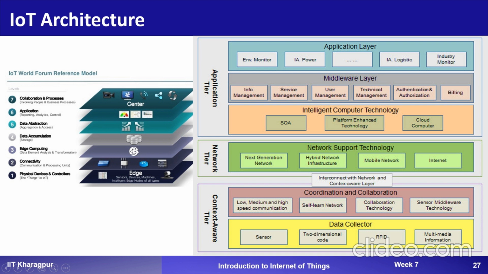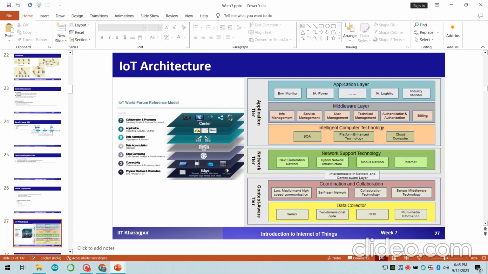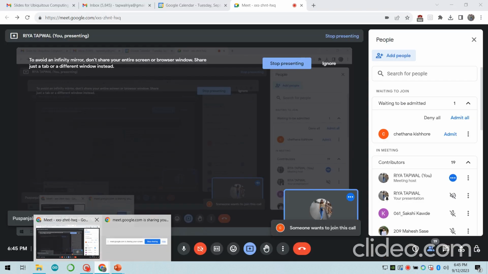The other kind of architecture is this one. According to this architecture, there are mainly 3 tiers. The first one is your context aware tier, then the second is your network tier, and the third one is your application tier. Inside your context aware tier, there is your data collector, that is your IoT devices, and your coordination and collaboration take place. Collaboration and coordination means how your different IoT devices are going to interact with each other, how the coordination can take place. So this is the second layer which is present in your